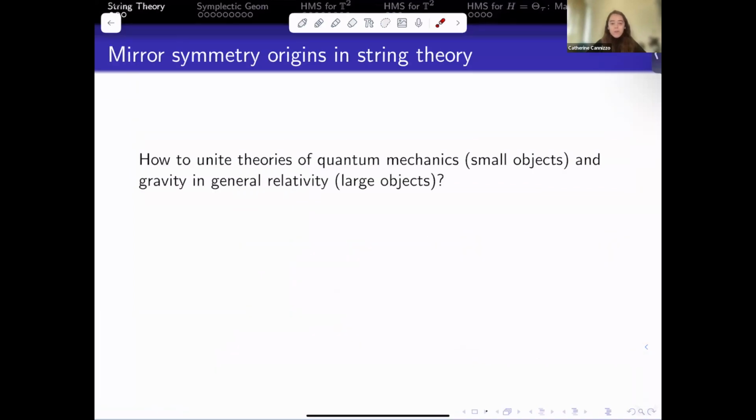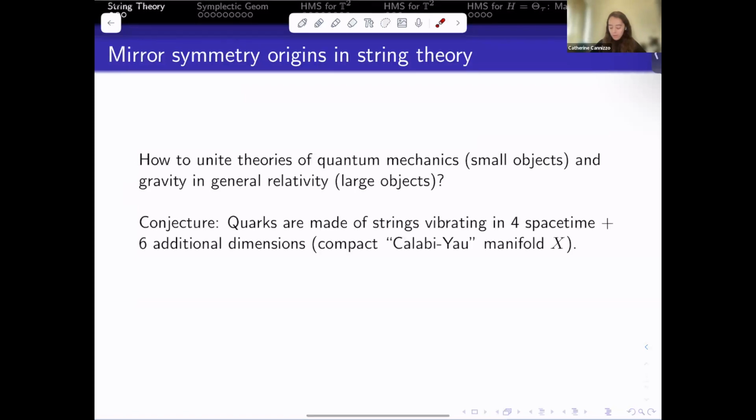So to start out with some motivation for mirror symmetry, its origins in string theory: how do we unite the theories of quantum mechanics and gravity in general relativity? This is an overarching question. We want a theory that would unite the two, agreeing with quantum mechanics on small scales and with general relativity on large scales. The conjecture is that one such theory would be, if even smaller than quarks, they are made up of strings that are vibrating in